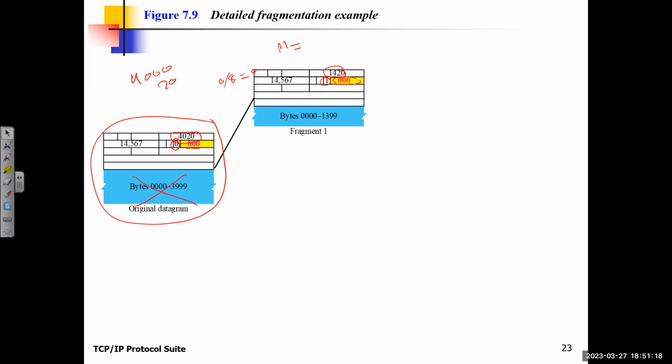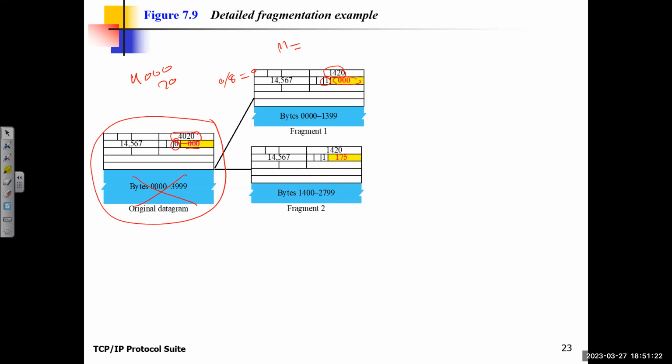Now, can you tell me what is the second fragment? 1400. I'm talking about the size. Here's the total size. Oh, 1400. So it's going to be the same for here, 20. And what is that? 1. 175, what? Offset. So what's the offset? How will we calculate that? 1400 divided by